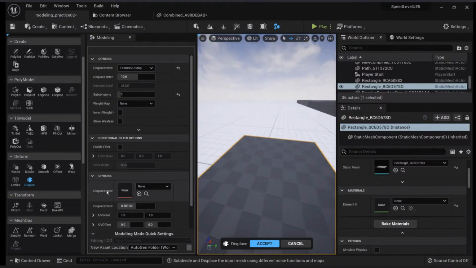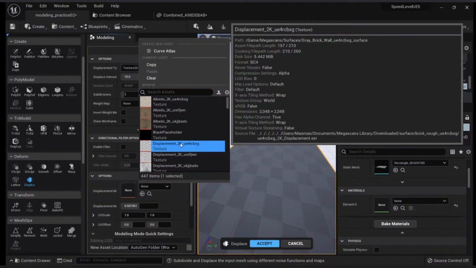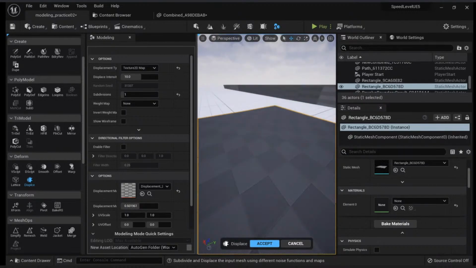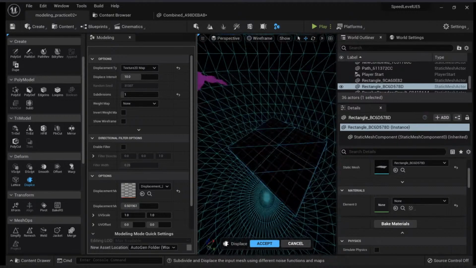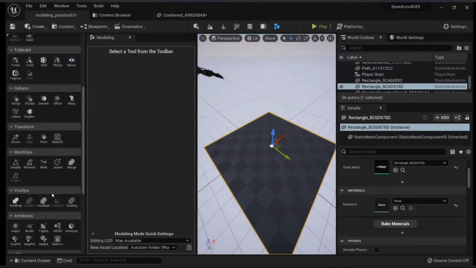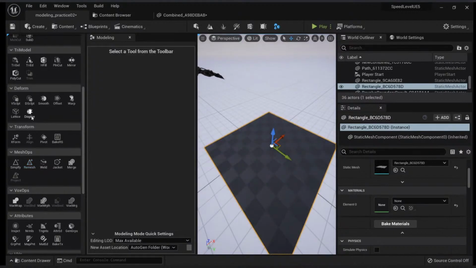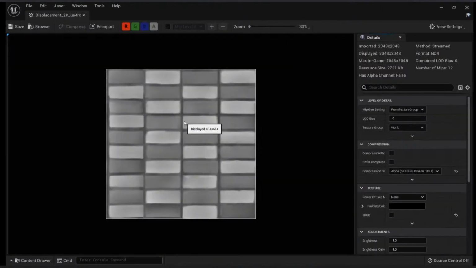What I have here is the displacement. And here I can choose a texture. Let's just say I want to choose this texture here. By default, it will be very hard to see anything because I don't have much subdivisions. So what I will do is to go to Remesh, click OK, Displace. And now you can see I'm using this texture, which has the height map,